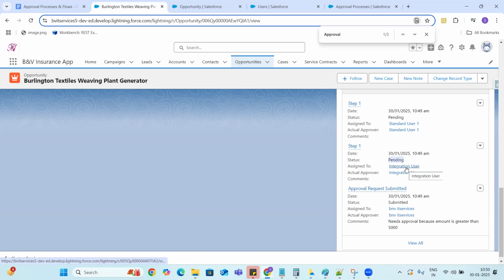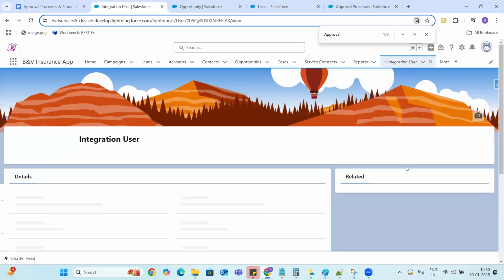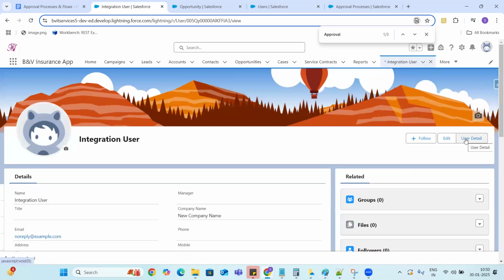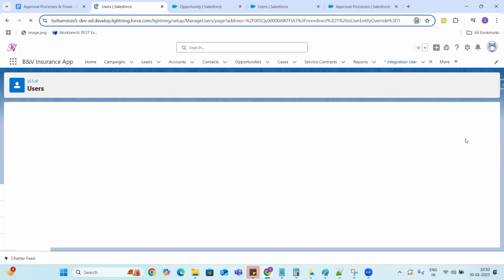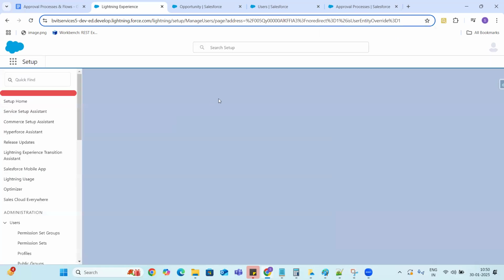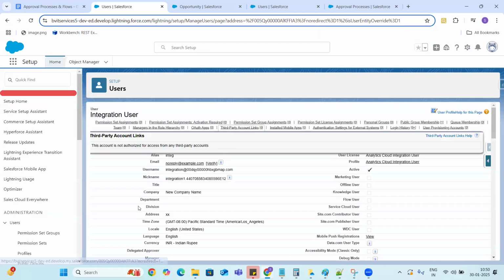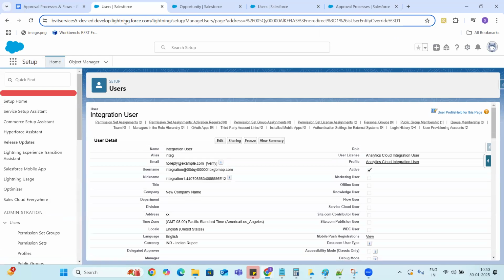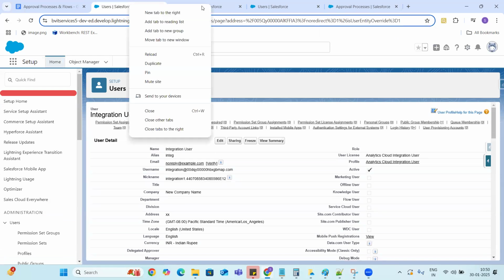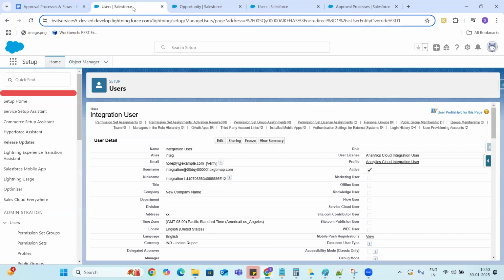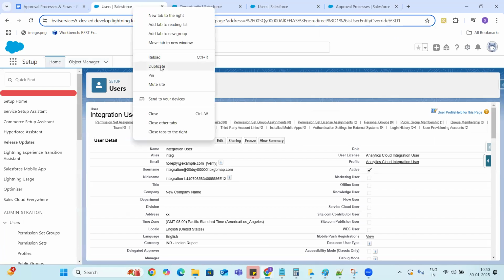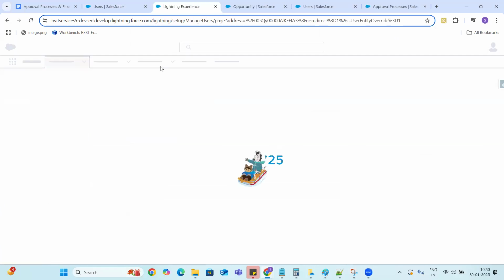Okay. Generally, what we have to do is log in as integration user. Before login as integration user, let me just show you the approval status also once because we have submitted, right?